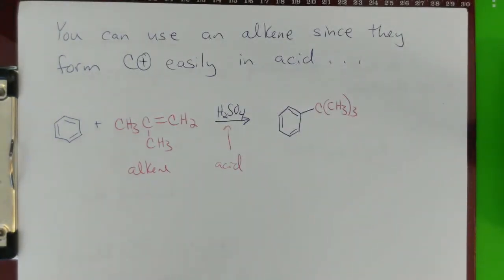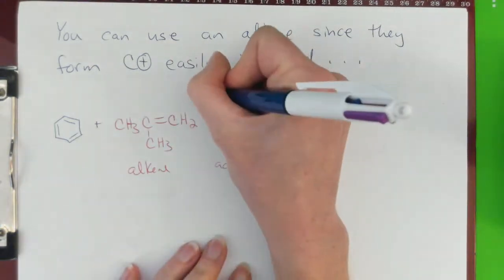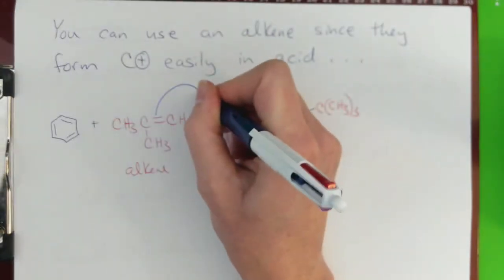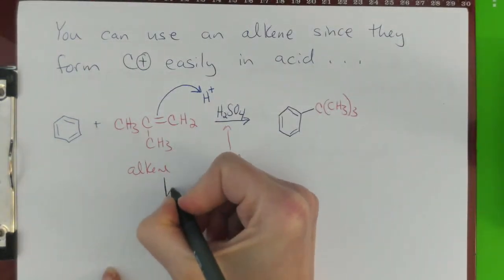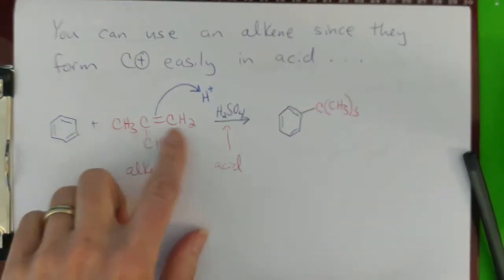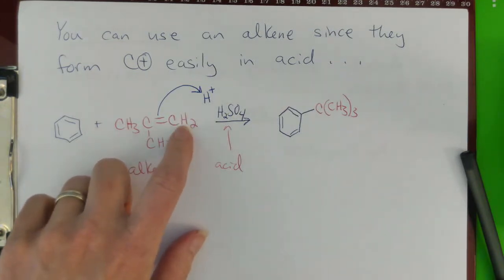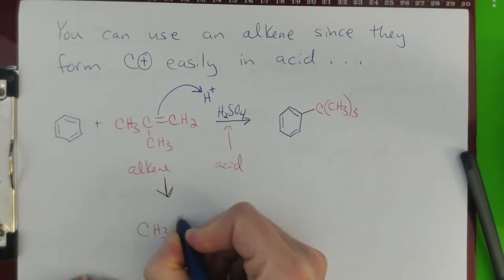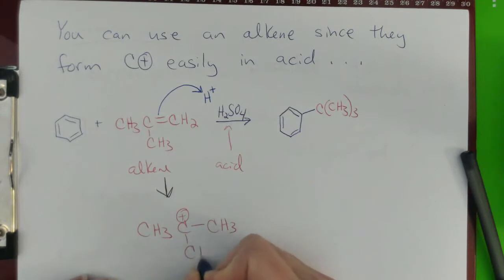In this mechanism, remember that this is a strong acid, so I'm just going to go ahead and write H+ up here. Here we have the electrons from the pi bond attacking a proton from the acid, and let's draw our carbocation that's going to serve as our electrophile. This is going to follow Markovnikov's rule, so we expect the hydrogen to add here and the carbocation to be here. We've broken the pi bond, so here is our electrophile,